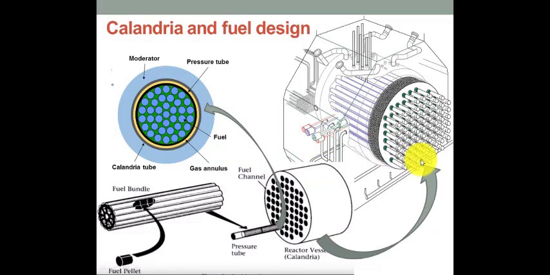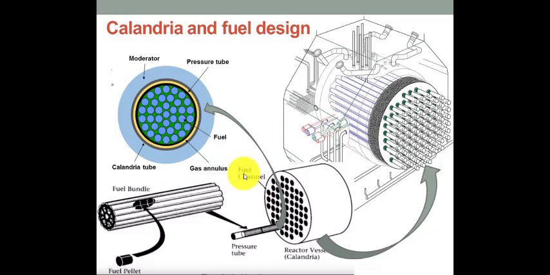From one side of the reactor, the robotics enter the tube, and from the other side, the used fuel could be withdrawn. Let's look at the fuel arrangement in the calandria. Each fuel bundle is in the form of a thin tube filled with ceramic pellets of uranium oxide fuel. The bundle contains 28 to 37 half-meter long fuel elements. 12 to 13 such assemblies lie end to end in a pressure tube.